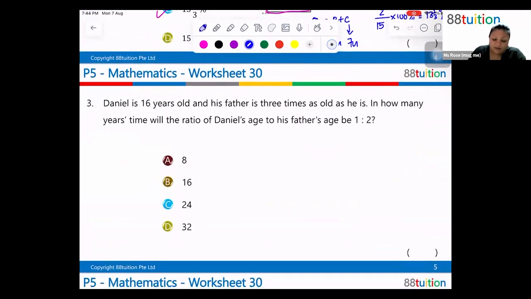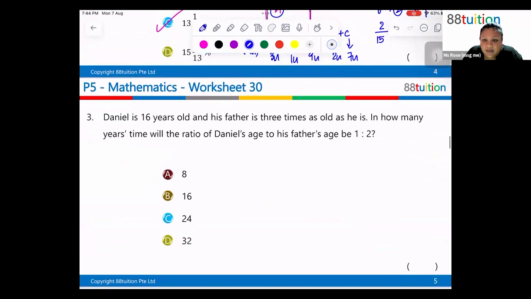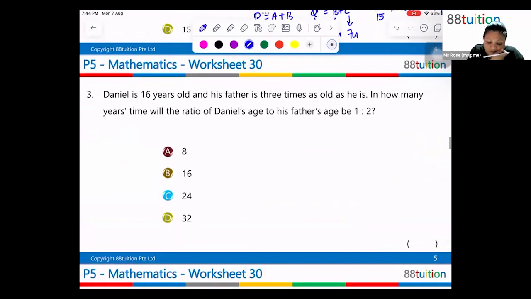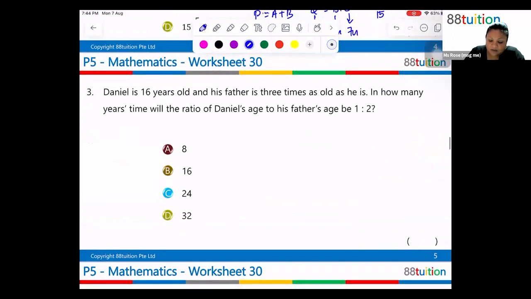Now, we have question number 3. You don't have to do guess and check. I'll tell you why. Because this is an age question, right? If you recall, we've done age questions and I said, what always remains unchanged regardless of now, in the future, or in the past? What always remains